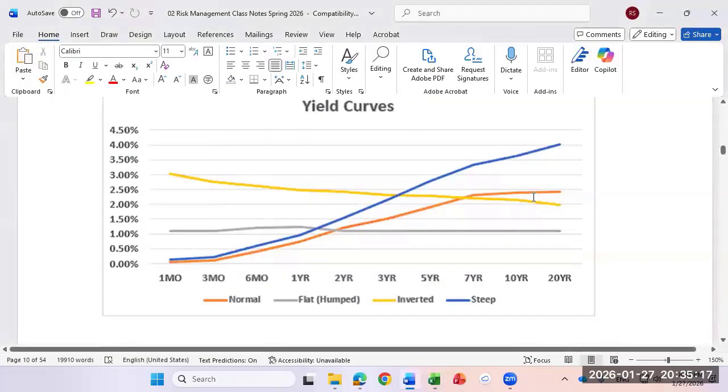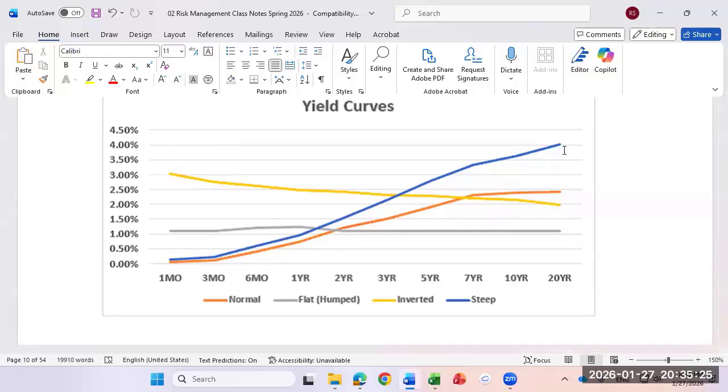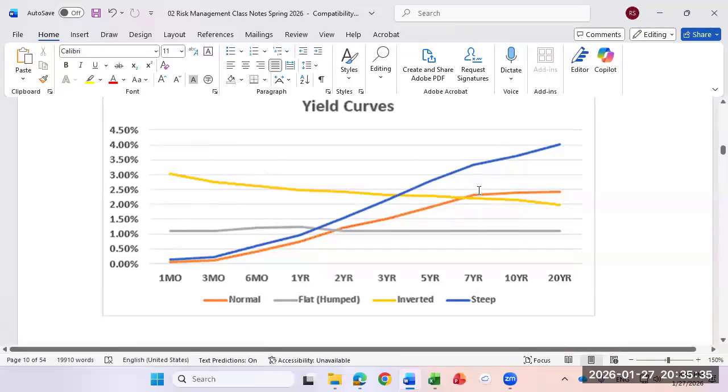So inverted yield curve predicts a recession. A very steep yield curve usually means the economy is really strong. We're probably going to have some inflation. And so people are investing longer. They say, I need a higher yield because inflation is going to be there. It's going to be strong. I need to be paid more for that. So you can have a flat yield curve, an inverted yield curve, a normal yield curve, or a steep yield